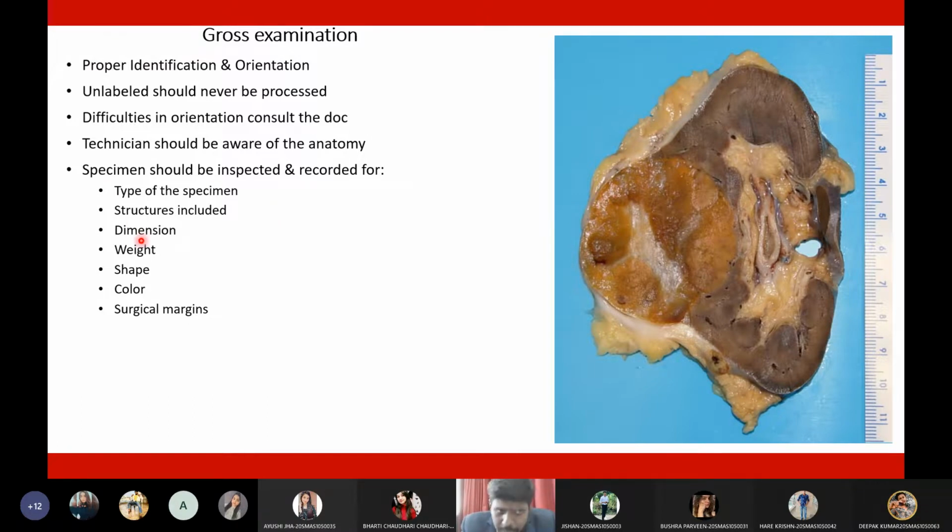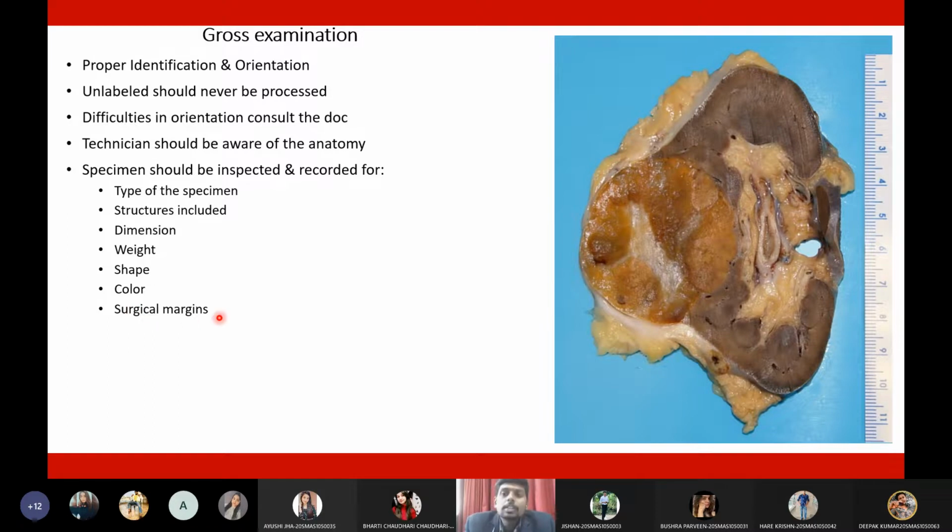Then you need to measure the dimensions of the specimen. How will you measure the dimensions? With the help of a scale. With the help of a ruler, you will measure the dimensions of the organ. Then you must also identify the borders of the specimen. Not only measuring the dimensions but also the borders, and these borders will help us identify the anterior, posterior, or the surfaces of the organ. So that is why you must record the borders of the specimen, how many borders are present. Then you must write the weight, shape, and color of the specimen,